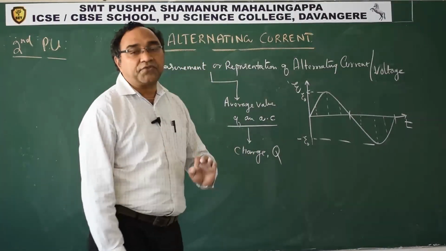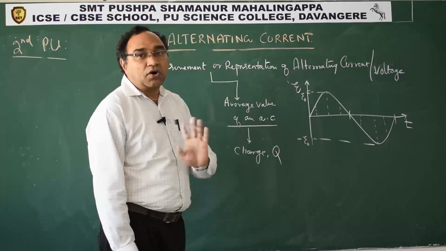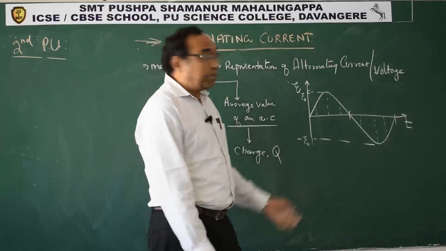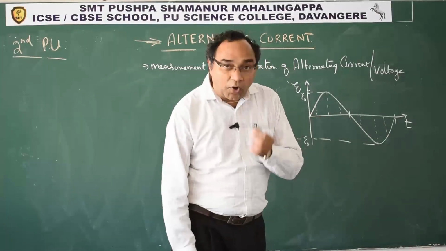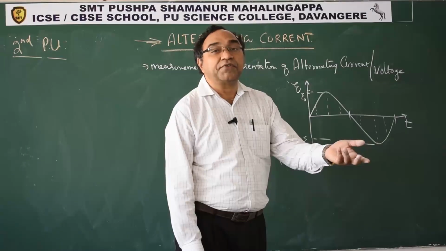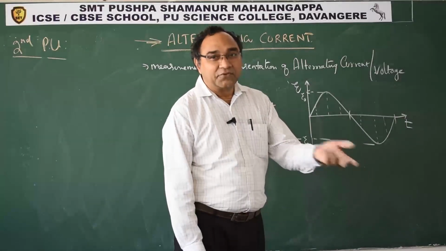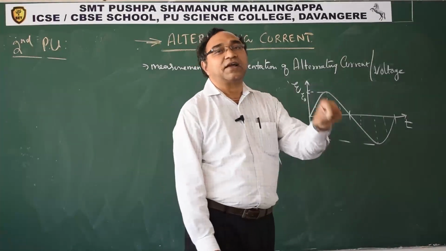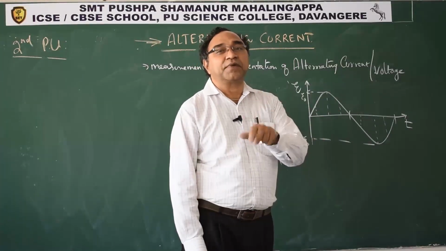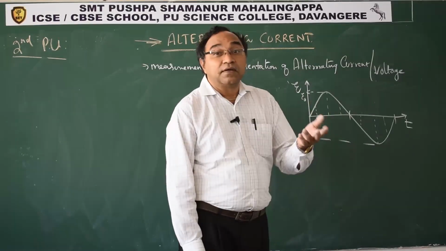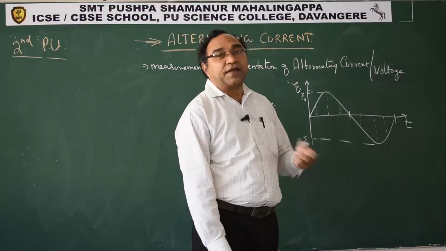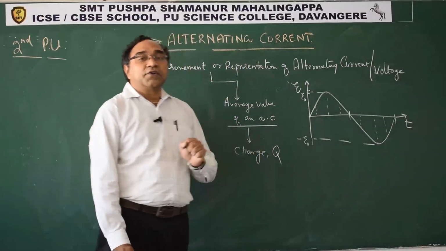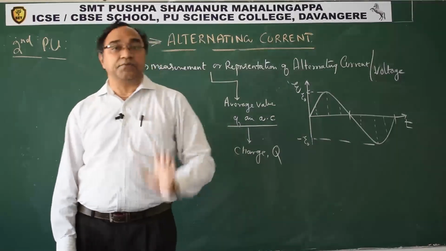What kind of source is used in electrolysis? We are not using an AC source, we are using a DC source. Why? Because the electrode which is positive becomes negative in the next half. So the electrodes cannot be defined. You cannot define a particular electrode as cathode or anode, because the cathode after some time becomes anode and the anode becomes cathode. So where is the question of a chemical reaction going on? That is why we compulsorily use a DC source, so that the electrodes will be defined.